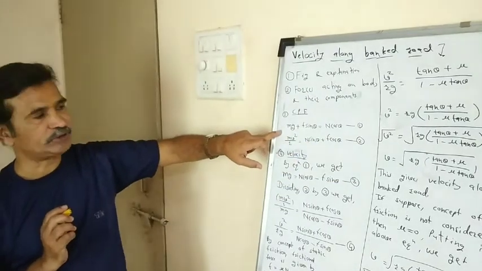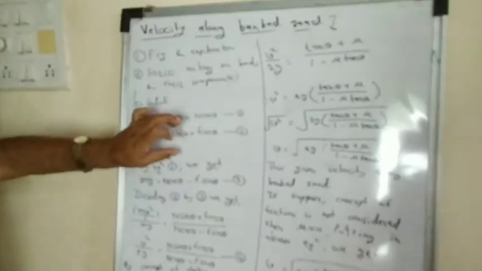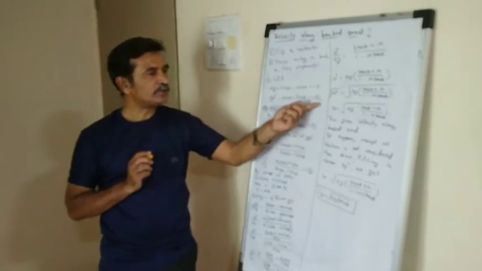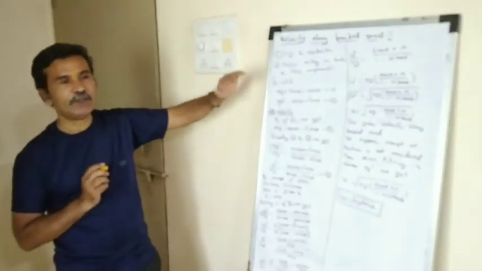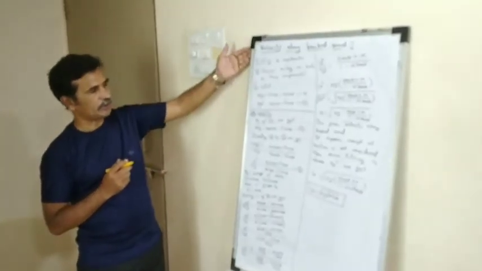We have seen this equation in the previous lecture. Then this remaining part, N sin theta plus F cos theta, equation 2, remains unbalanced. And so we can say that this unbalanced force is responsible for circular motion along the banked road. By definition, this centripetal force is given by the standard formula, mv square upon r is equal to N sin theta plus F cos theta, equation 2. Up to this we have seen in the previous lecture. So we have seen these three steps in the previous lecture.